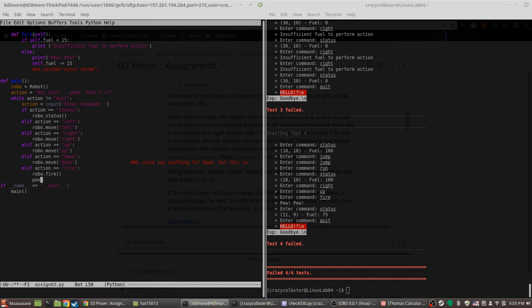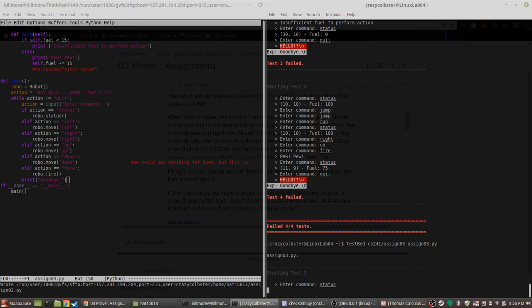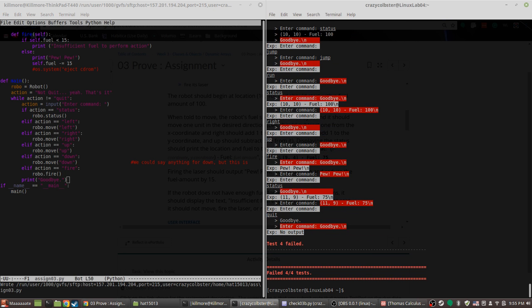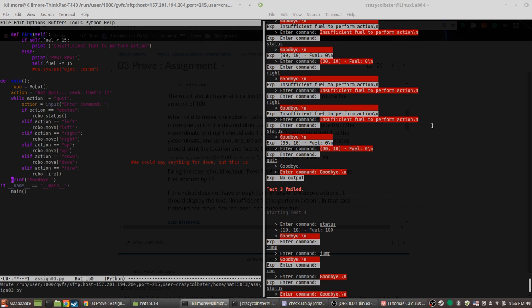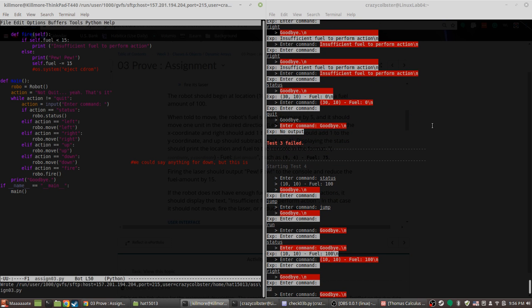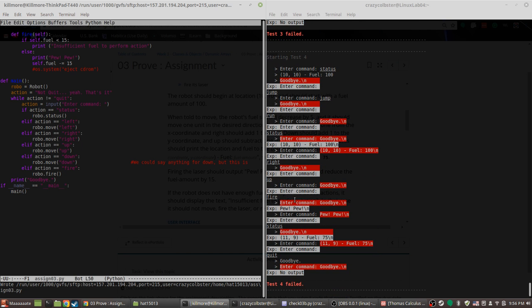Yep. See, now they put float in front of all of them. They all worked. Print. 1,070. Goodbye. 1,788 combos. Okay, this is a stretch goal. Whoa, okay. I see what I did wrong. I accidentally put the goodbye as part of my while loop. So it printed goodbye like a cajillion times. So now it's saying, enter command status, fuel 100, goodbye. Enter command, jump. What? Goodbye. It just says goodbye.